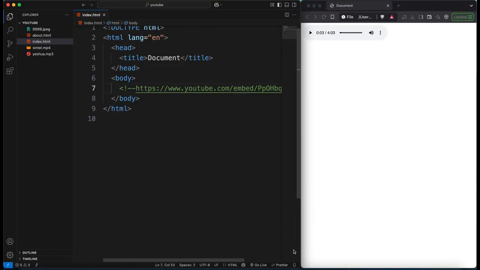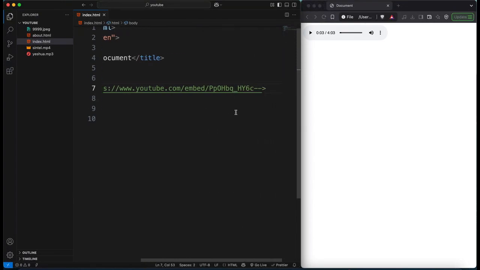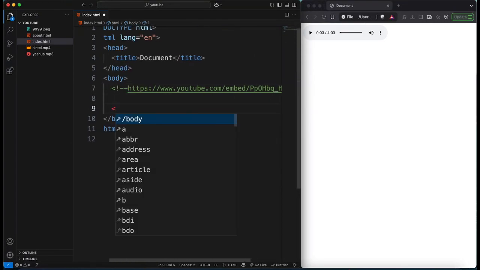Let's get started. First, let's learn how to add a video to your web page using the video tag. So this tag will allow you to embed videos directly from your local storage, not from online. So this is a simple example of how to do it. You go with your video tag,